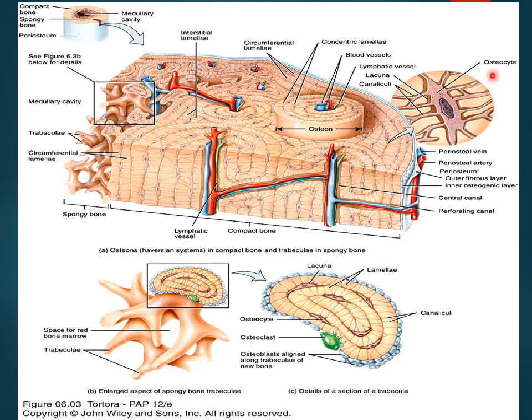As I have already told you, there are three cells in a bone: osteocytes, which are the resting cells, and when they become active, they are known as osteoblast cells, and the osteoclast cells are the bone-eating cells, which help in bone resorption. So this is the structure of a compact bone, and here you can see the structure of a spongy bone, which due to this structural framework is a bit soft.